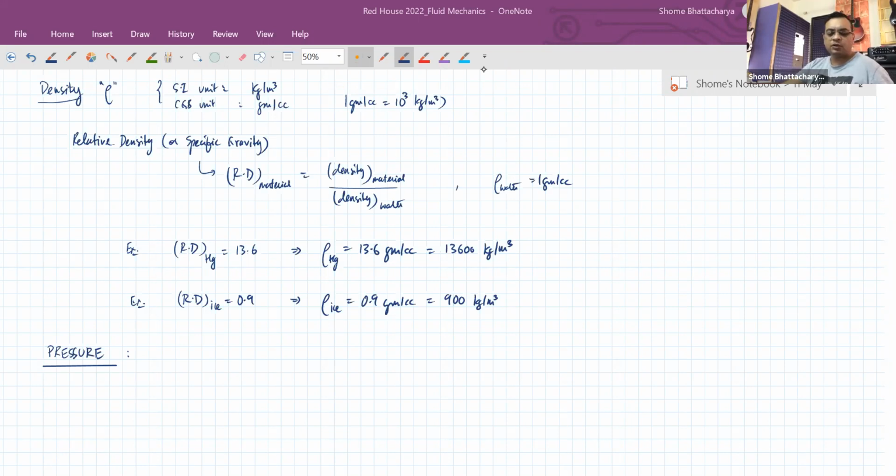Remember, we had discussed long ago when we were doing vectors, that there are quantities which are neither scalars nor vectors, or you can say that scalars and vectors are actually special cases of physical quantities which are called tensors. So all types of physical quantities are tensors, but scalars are a particular type of tensor which have no directionality, and vectors are particular types of tensors which have certain directionality, and there are other types of tensors which are neither scalars nor vectors, and pressure is an example of that.